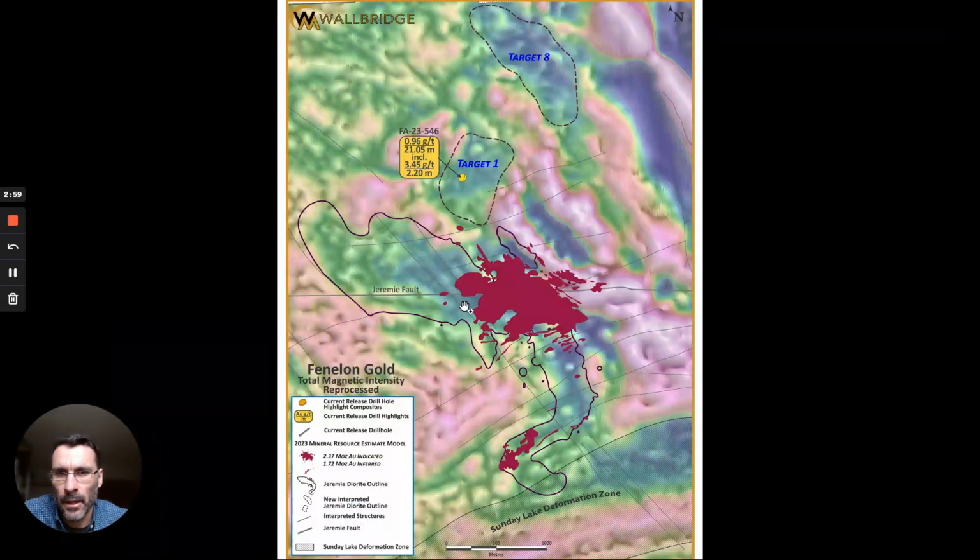if we look at this next figure here, you can see how the Jeremy diorite has a very unique geophysical signature made up of these magnetic lows of blue and green colors. And the reprocessing that we did on the geophysics identified very similar features here in this target 1 area. And sure enough, the 2 drill holes that we drilled in that area intersected the same kind of diorite that we've seen here. Now, not only did we intersect that diorite, but one of the holes actually hit a pretty